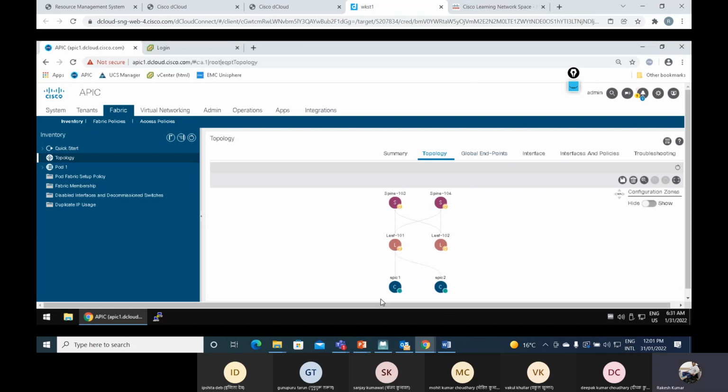So in this, there are two epics, epic 1 and epic 2, which are connected to leaf 101. And they have connected this way. Leaf to leaf cannot be connected, spine to spine cannot be connected. If I expand my port 1 here,